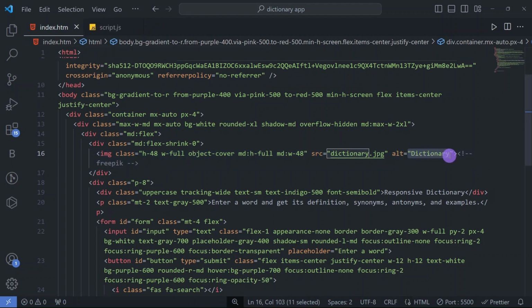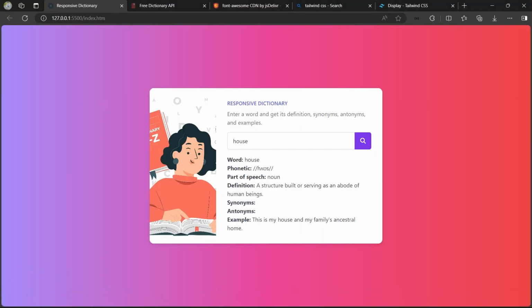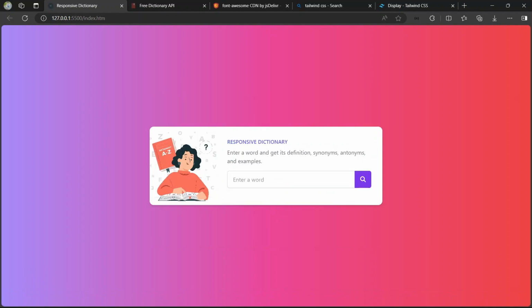Then we have the alt text dictionary. So this image I have downloaded from Freepik. So you can see this beautiful div with this image. So now we'll see the